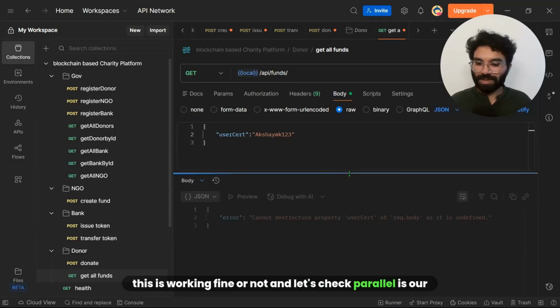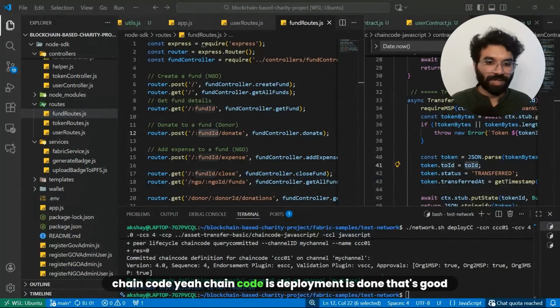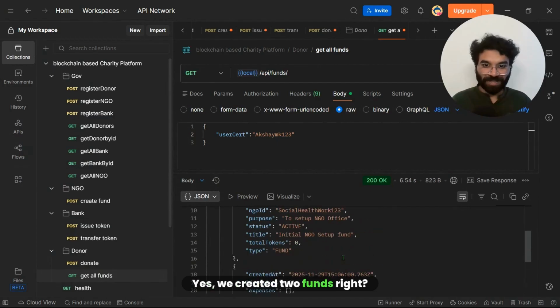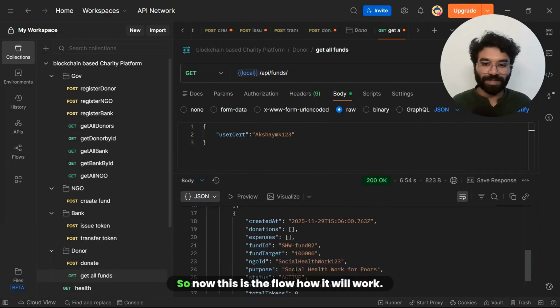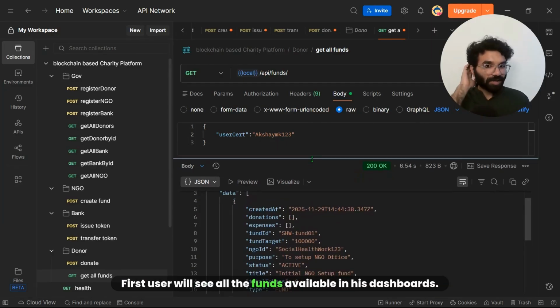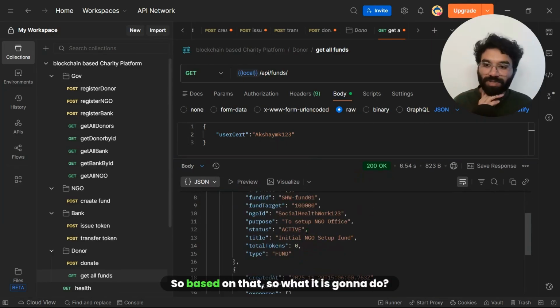And let's check in parallel our chaincode. Yeah, the chaincode deployment is done. That's good. Now we got the total funds created as well. Yes, we created two funds, right? Fund 1, fund 2. So now this is the flow of how it will work. First the user will see all the funds available in his dashboard. So based on that,